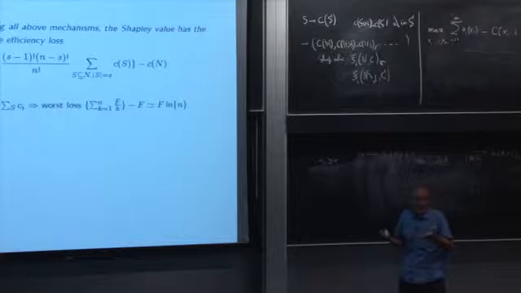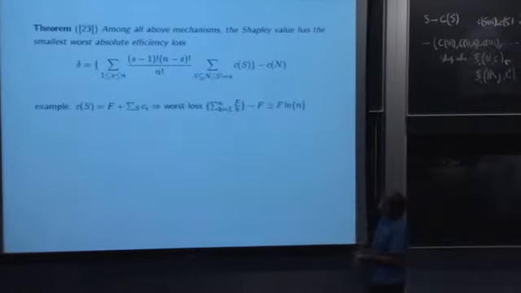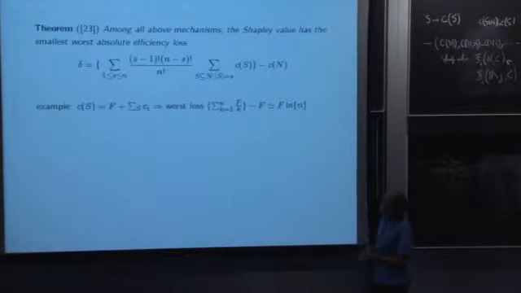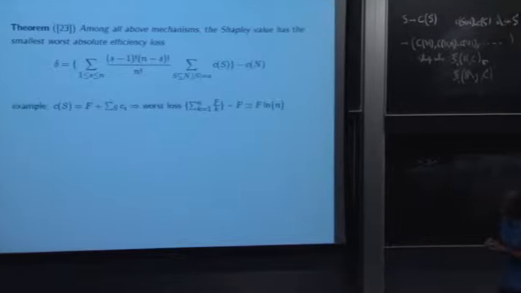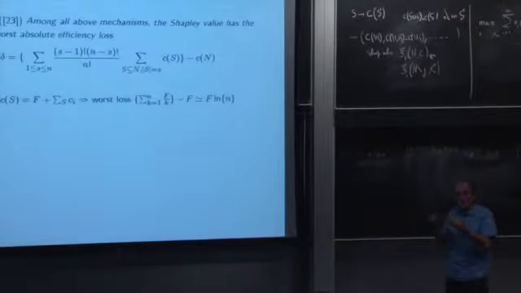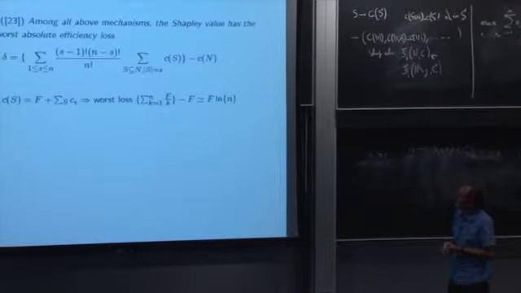And indeed it is. It cannot go too far, but what you can show is that it is by taking the Shapley value that you get the smallest worst absolute efficiency loss. And the proof of that is rather similar in technique to the characterization of the Shapley value by Hart and Mas-Colell in terms of potential function. But for those of you who have some familiarity with that. But for instance,